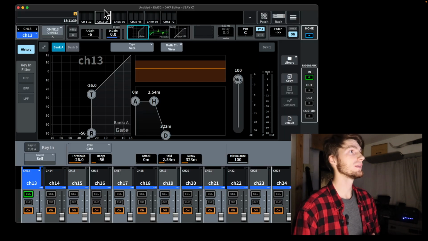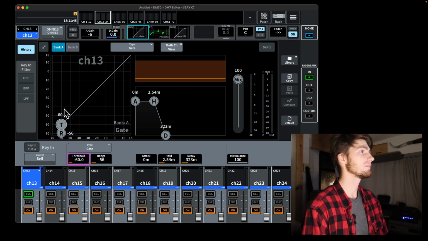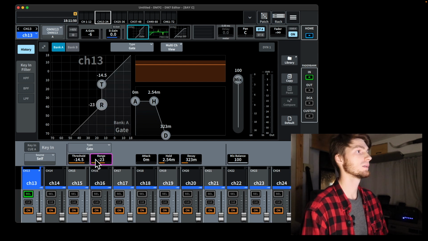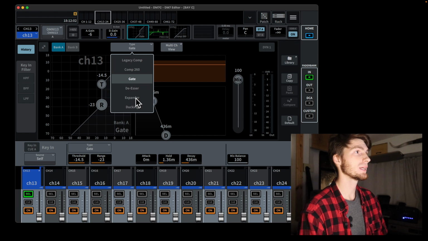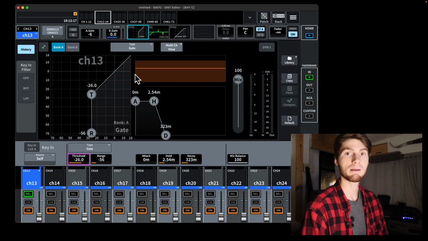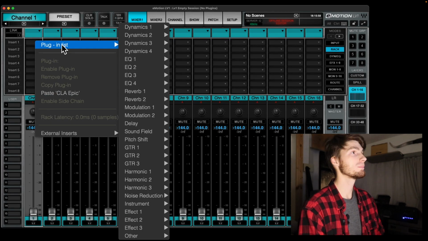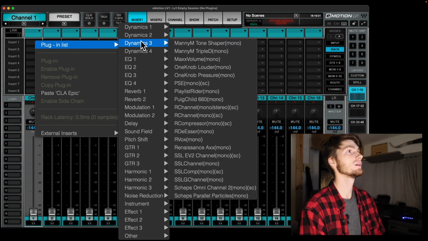Okay, and now we're on the Yamaha DM7. We have our gate, we have our threshold, our range, right there, attack, hold, decay, or release. We do have a gate type, so we do have an expander, and you can see that expander compared to the gate. Yamaha DM7. And as always, last but not least, Emotion LV1 by Waves, where you can run all